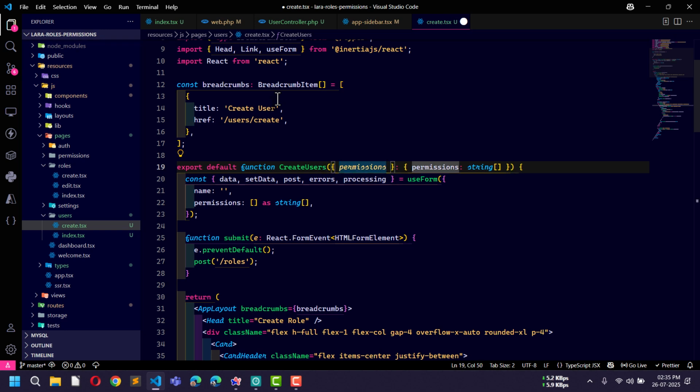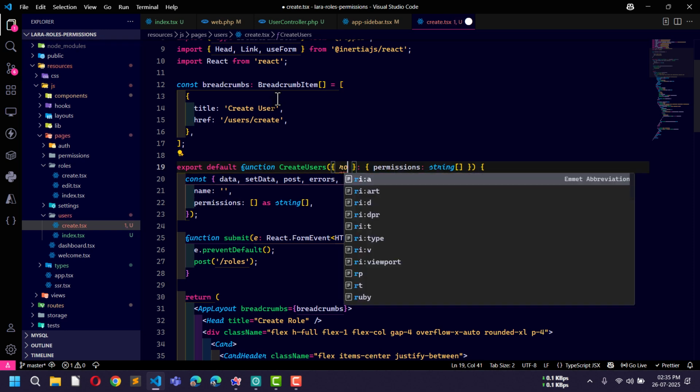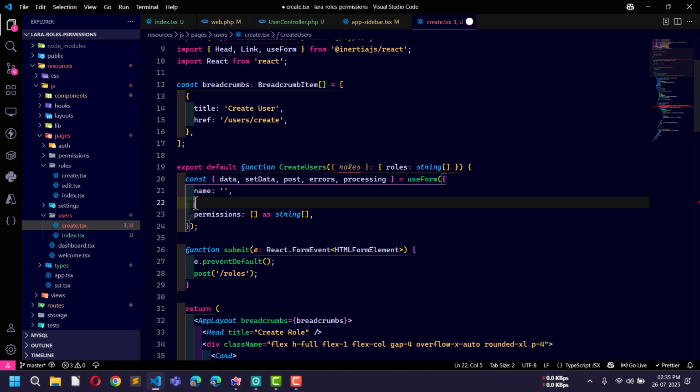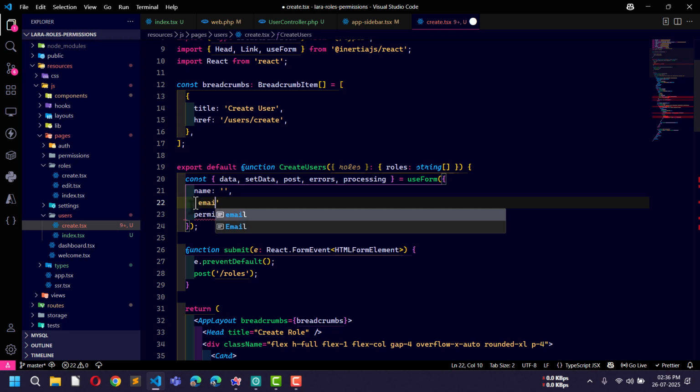Now this create users component will take one prop, that is roles, and this will be a type of string, so just use string. Let's just use the same, but here instead of name I will also use email